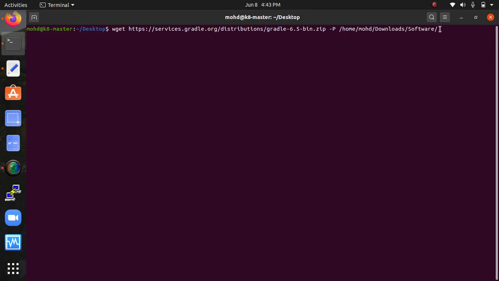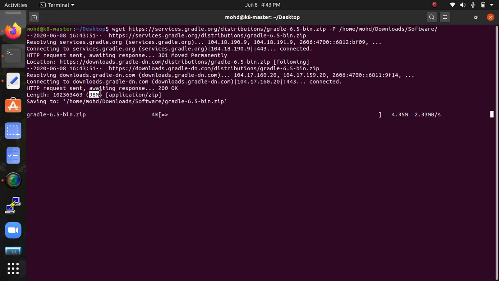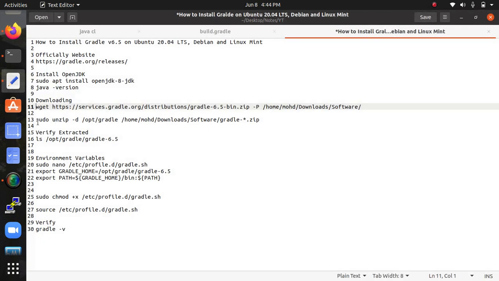The size is 98 MB, and the version is 6.5, the latest one. In place of that you can give any version.